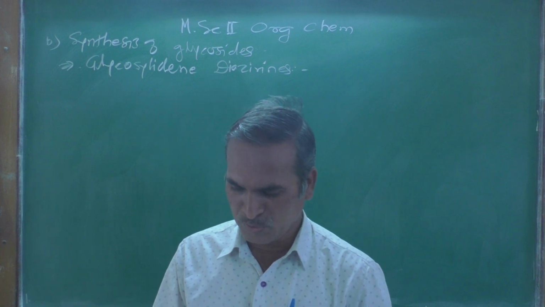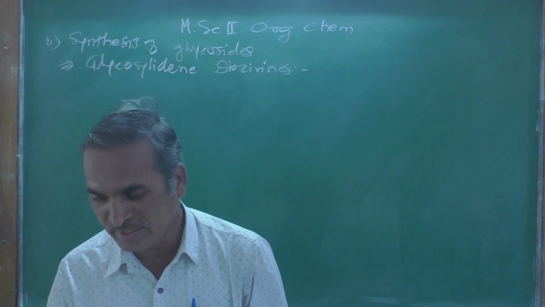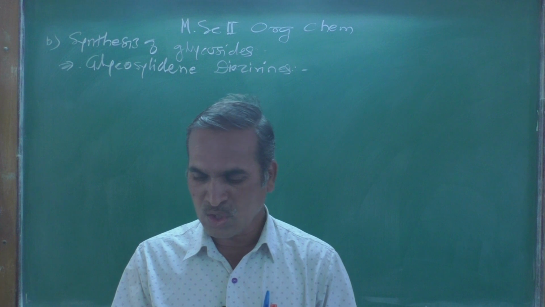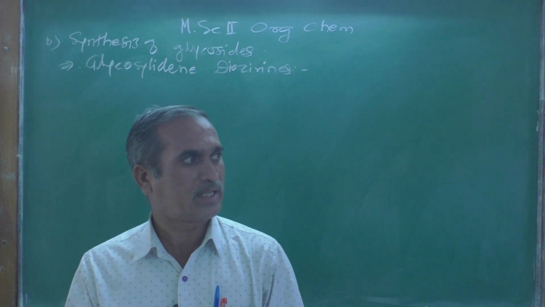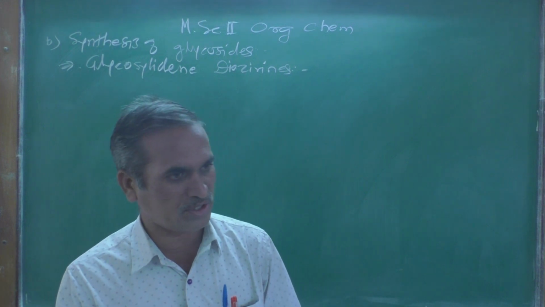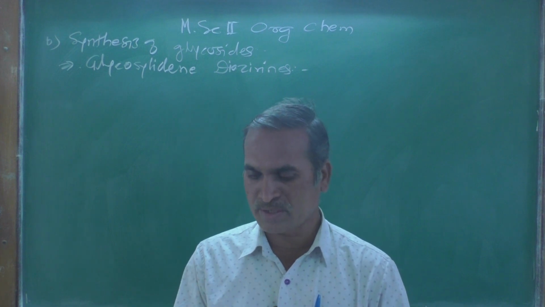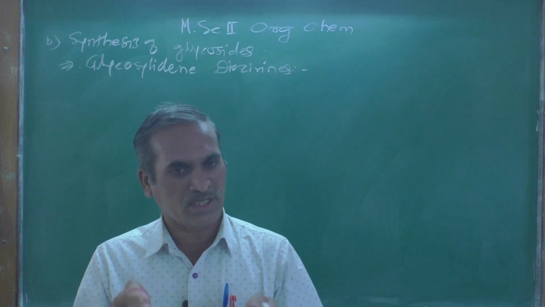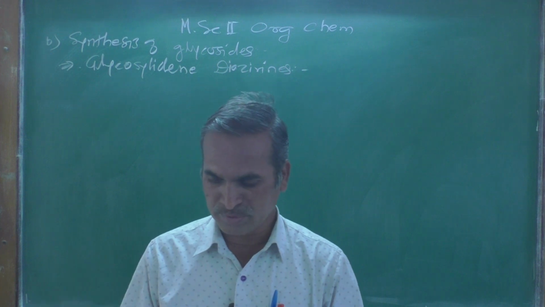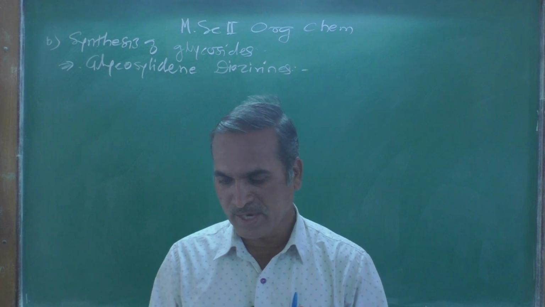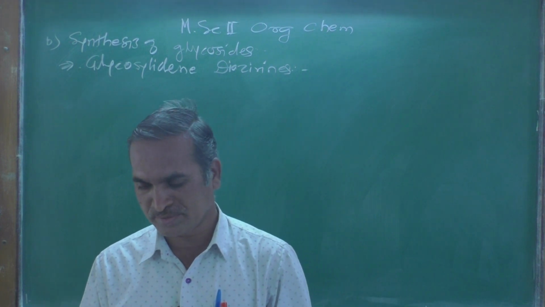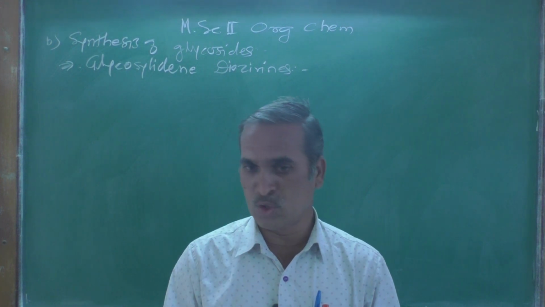Glycosylidene diazirines are useful as precursors of glycosylidene carbenes, and these are cyclic amphiphilic singlet alkoxy carbenes. As we know, carbenes are electron deficient species, containing only two electrons, and most organic reaction intermediates proceed via carbenes. That type of intermediate we are also going to get here, and it can act as a donor to get other derivatives. These cyclic amphiphilic singlet alkoxy carbenes enable the formation of two bonds at the anomeric center, and everybody knows the anomeric